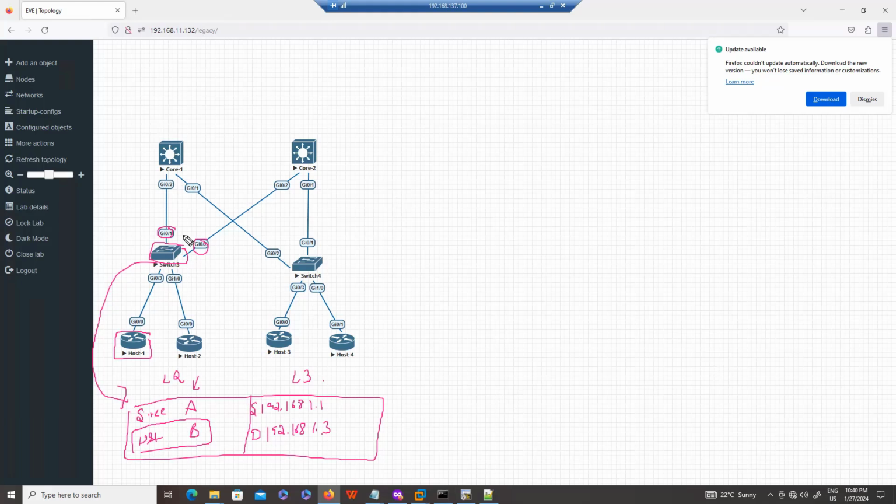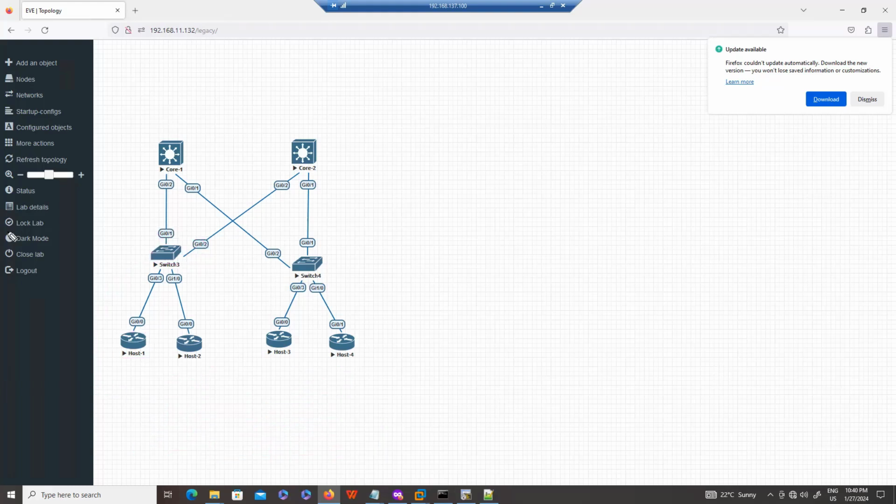So I hope, guys, let me show you basically: switches forward the traffic based on destination MAC address. Routers forward the traffic based on destination IP. So if you see, guys, in our scenario, what is the source MAC, and what is the destination MAC? This is mainly what we care about, okay? Because we have switches installed and they are forwarding traffic based on the destination MAC.